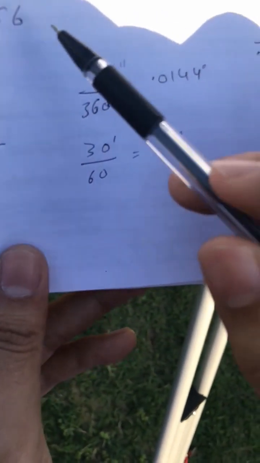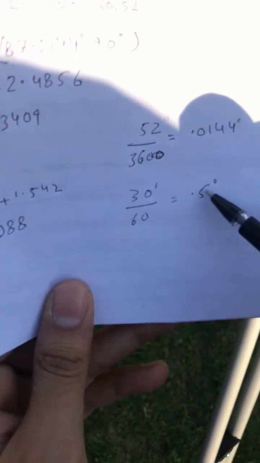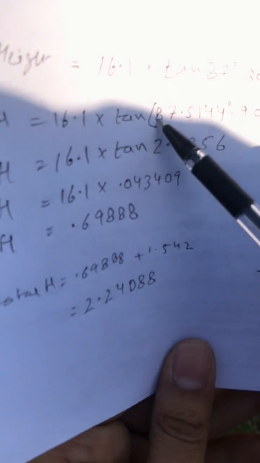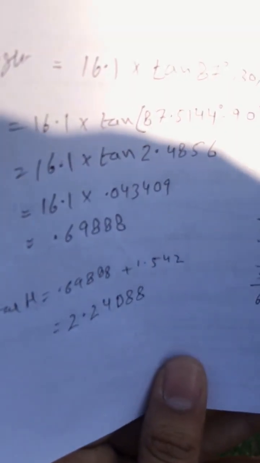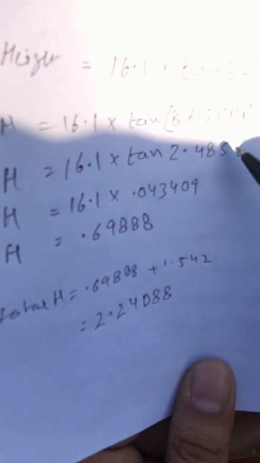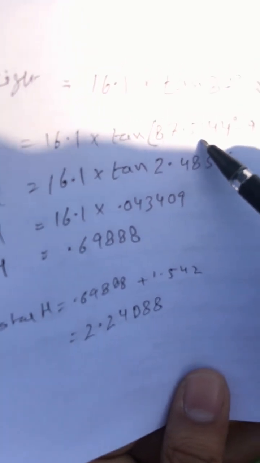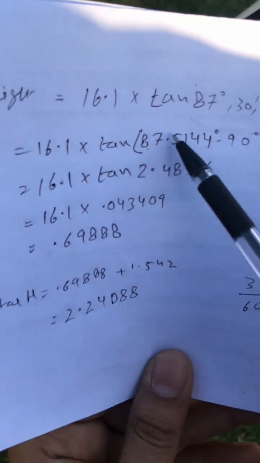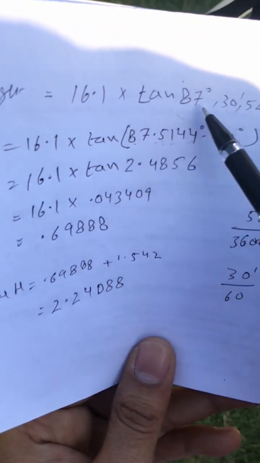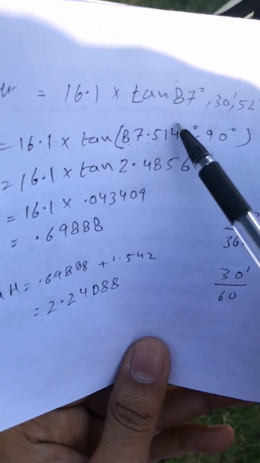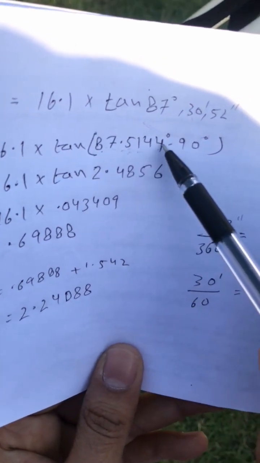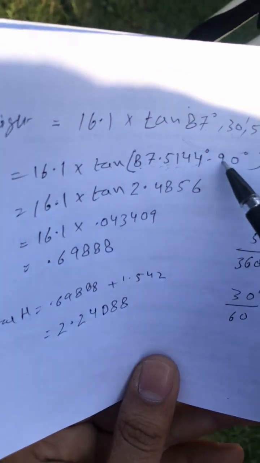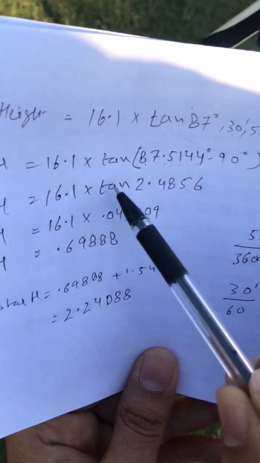Now we will add both of these, and we have got 87.5144 degrees. We have converted these minutes and seconds to degrees. Now we will subtract it from 90, so we have got